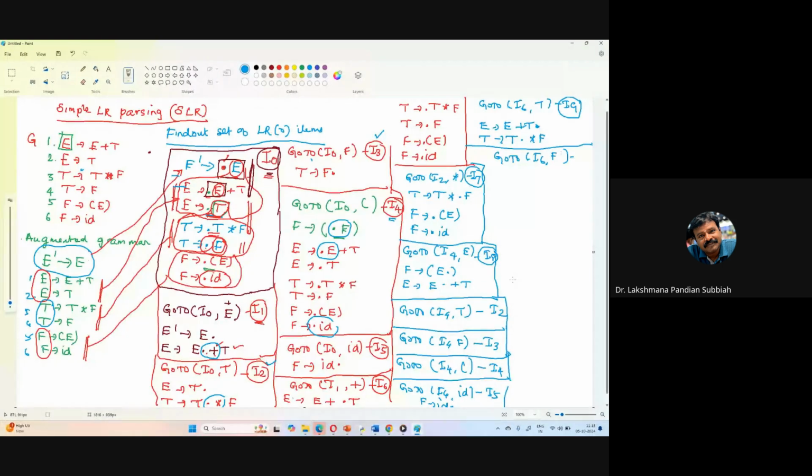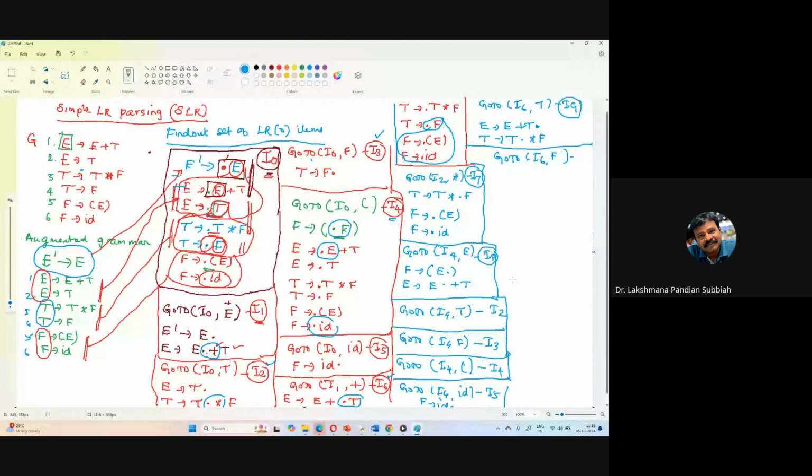So you have to write that one, I1 comma plus. Now we are moving the plus. So E derives E plus dot T. Because of the T, after that we are having a T. The T is going to be expanded here. We are expanding here. So this is the expansion, right? T derives T star F, T derives F. Then we are having a dot. After the dot we are having F. So you have to expand that one. We are getting now this one, right? So that is the new state I6,